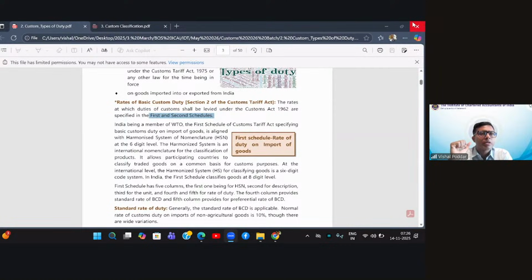In the US, if you go and say bread, it will even mean chapati, because in their country they do not use the word chapati for chapati. So we will call it chapati, but they will call chapati also as bread. So this is the difference in usage of certain words.